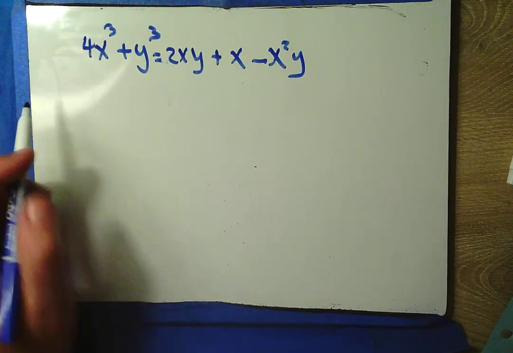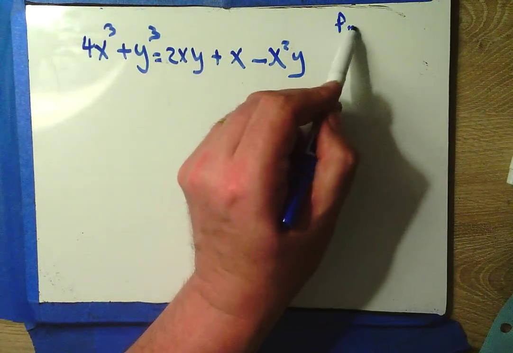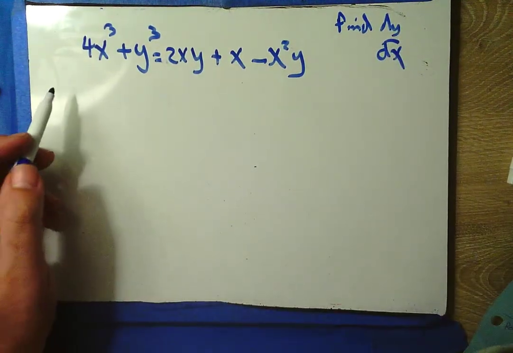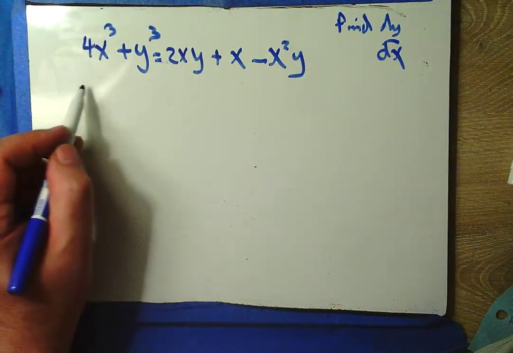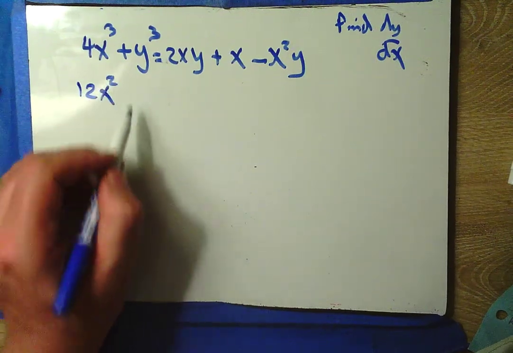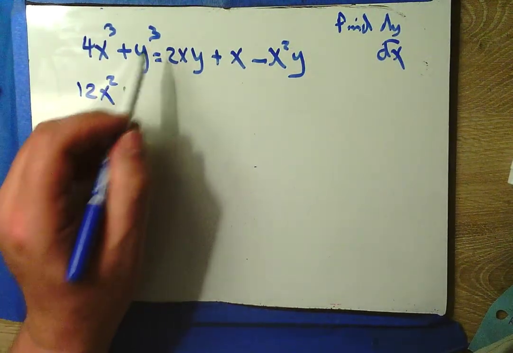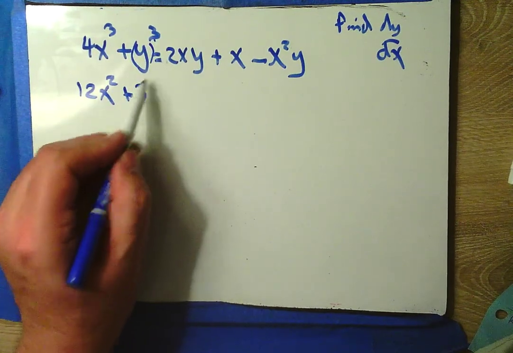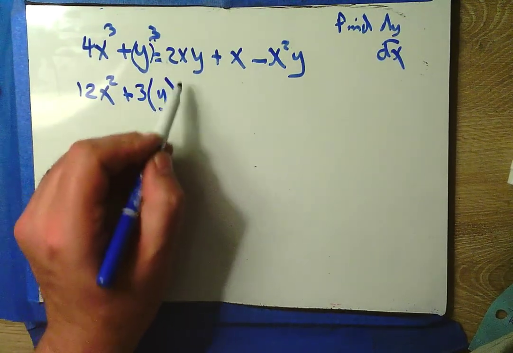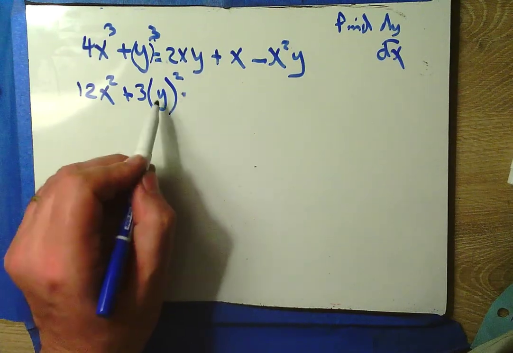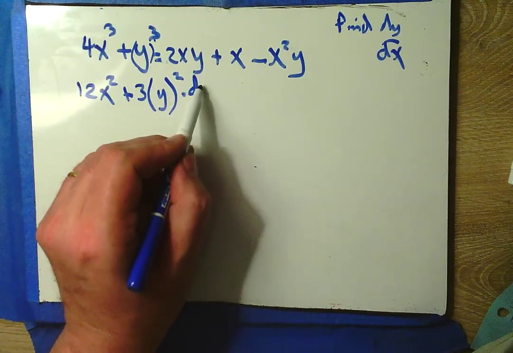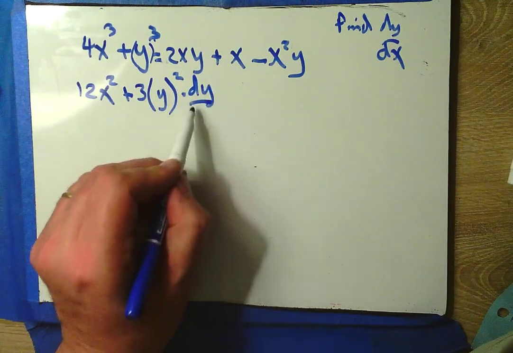And I want to find dy/dx. Okay? So the derivative of 4x to the third is 12x squared. Now the derivative of y to the third, I take the derivative of the outside cubing function, I leave the inside y alone, but now I come back and I take the derivative of that inside function with